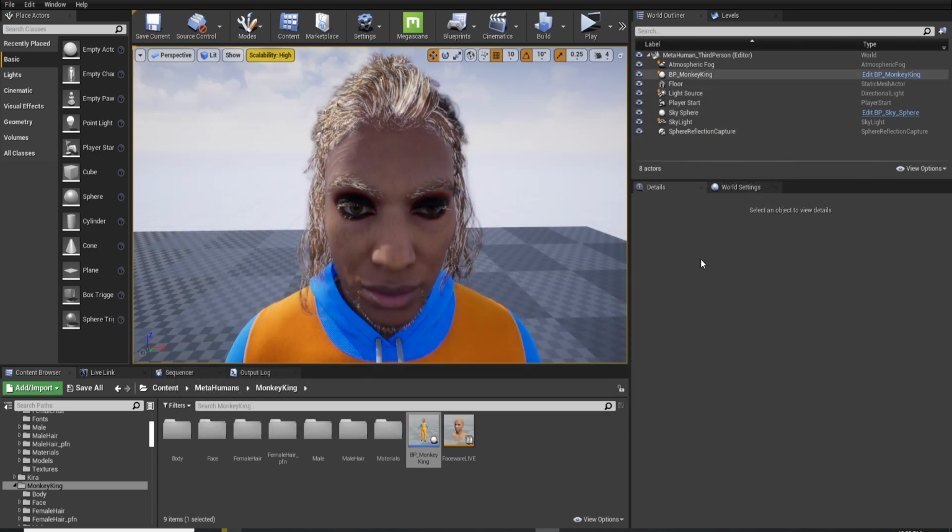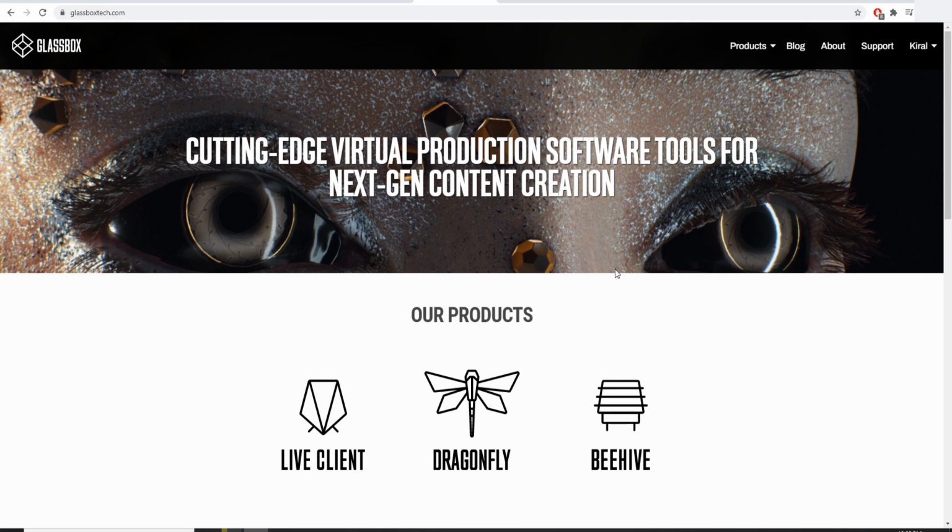But what will happen is it will ask you to restart the client, and you will need to install the license key from your email that Glassbox will send to you after you sign up for the free trial, and you will be able to do it. So let's get into the meat. All right, so what we have to do here,